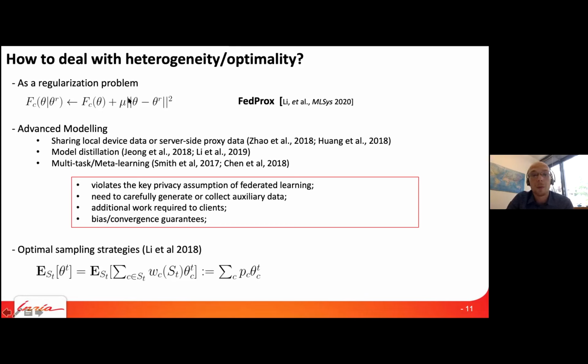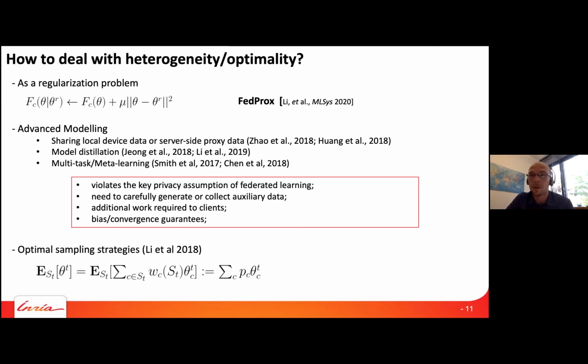But here we have a problem: we have to tune this, and in a federated manner it's extremely difficult, because we don't have access to the local data, so we don't know exactly what's happening over there. And if you imagine designing an experiment involving hospitals, and you have to tune this parameter on the fly, this can be extremely complicated.